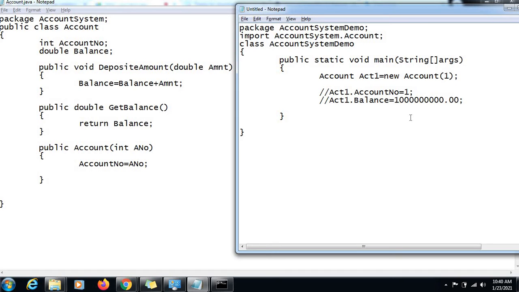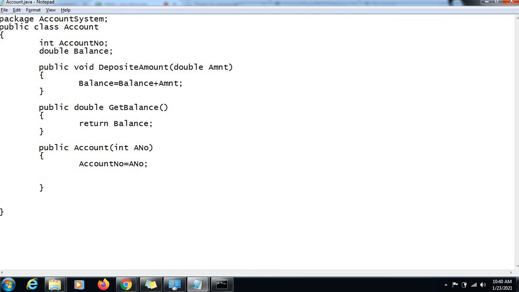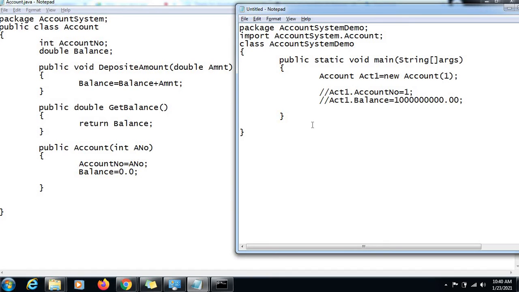Now if we don't mention the balance, the balance would be 0.0, like the zero balance account you can create by calling this constructor.